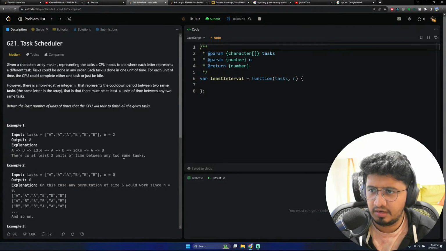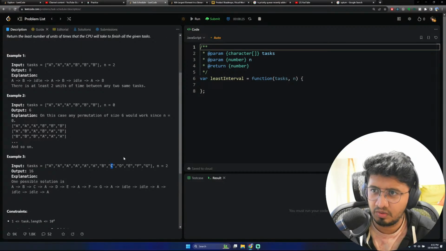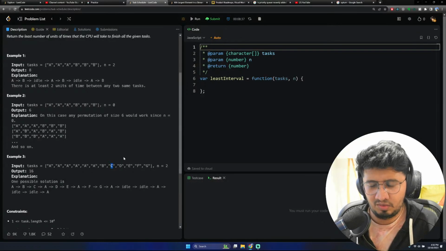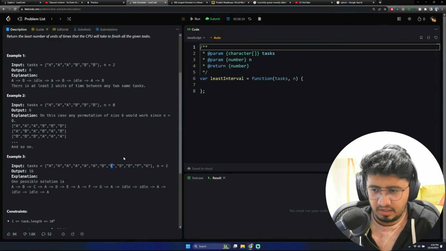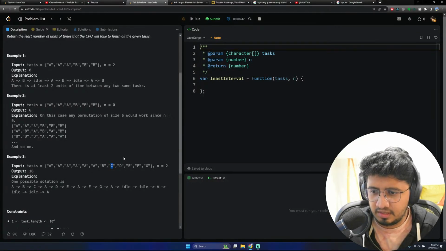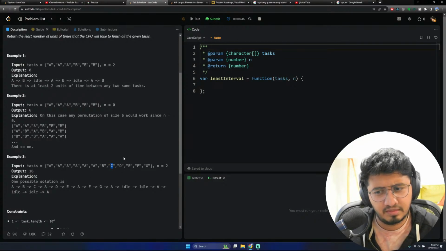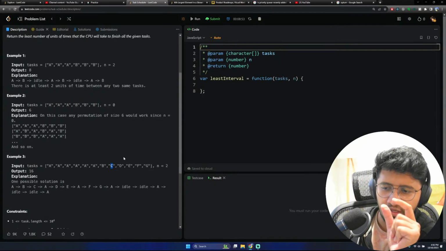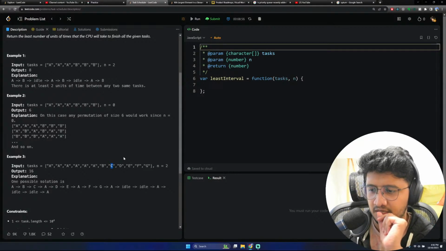Like, is there a hint for this question? Because how will you use heap? How will you use heap in this case? I understand that you have to take all the unique combinations, but in this case,